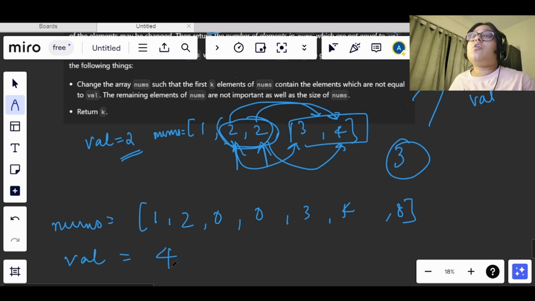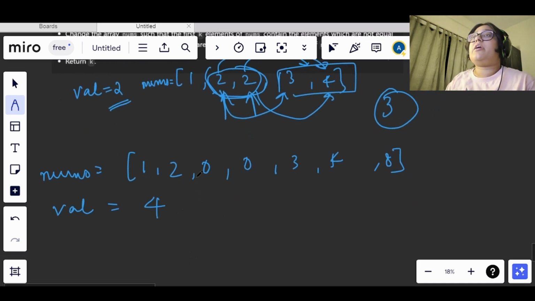So we will check which one is not equal to val or which is equal to val. This is not equal to val, this is not equal to val. While checking, we need to increment the count also, so that we keep a count of the number of elements which are not equal to val. Till now we have 1 2 3 4 5, right? This is not equal to val.